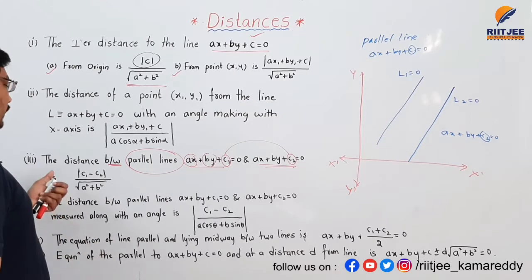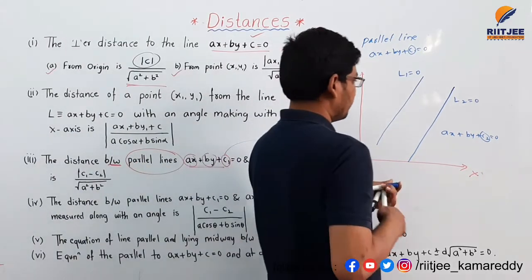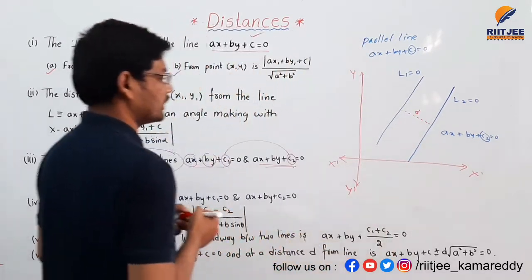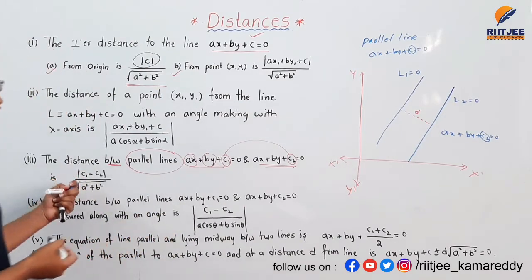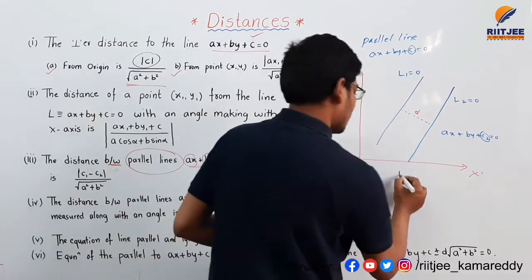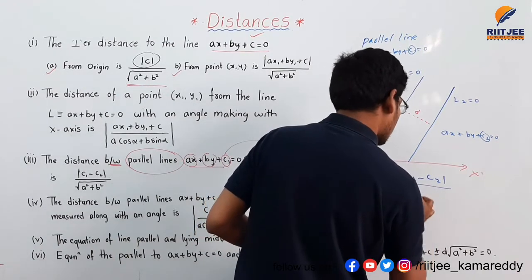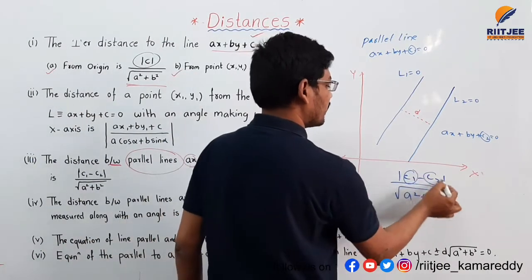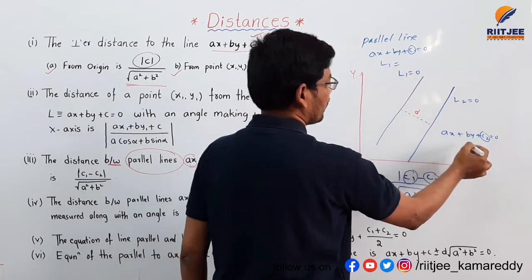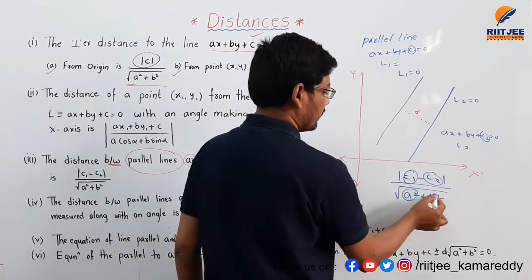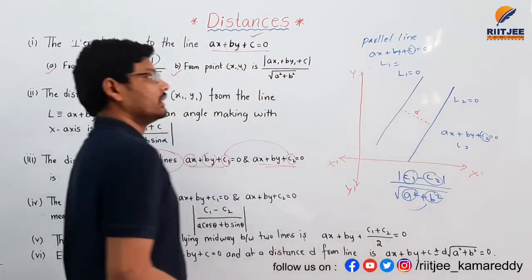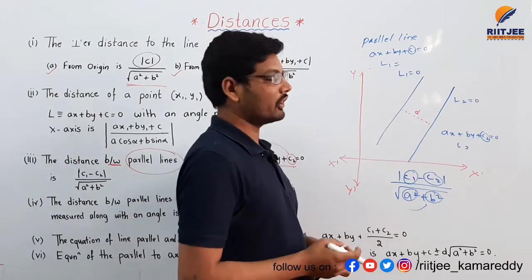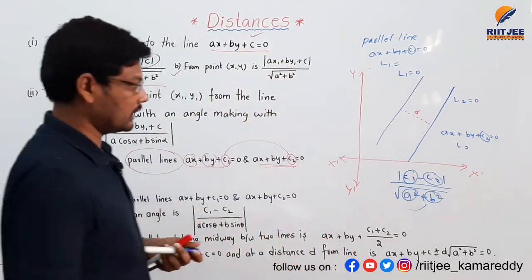If you want to find the distance between these two lines, the distance between two parallel lines, the formula is modulus of c1 minus c2 by square root of a square plus b square here. And c1 and c2 are the constants of line L1 and line L2, and a square plus b square are common for both the lines here. This is all about it: if you want to find the distance between any two parallel lines, this is the formula for that. And the next topic is